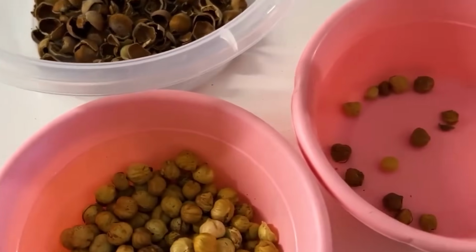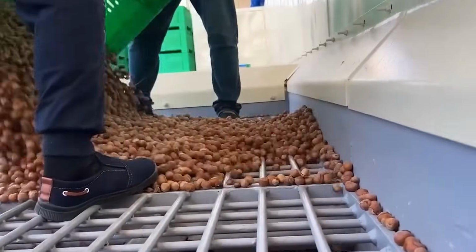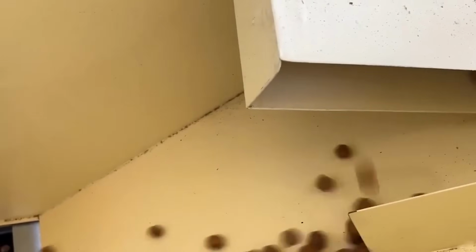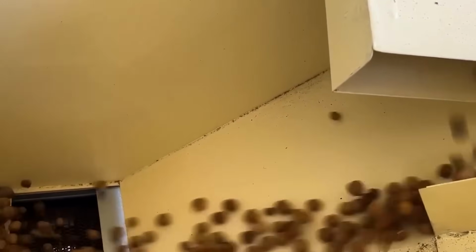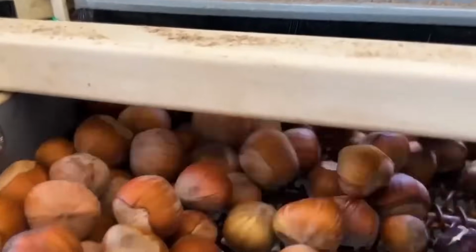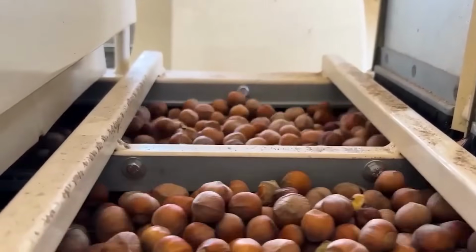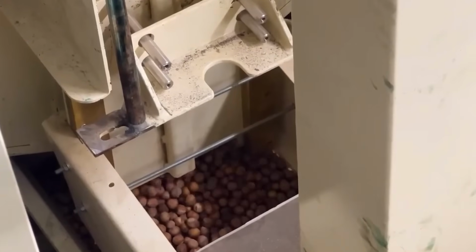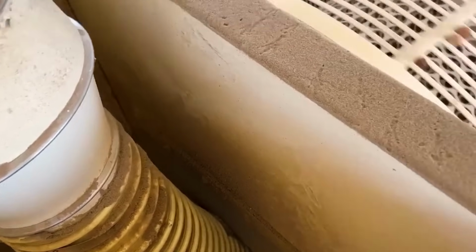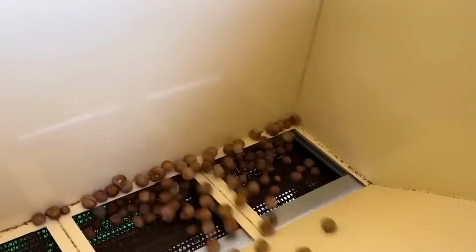Random nuts are dissected and inspected for mold, aflatoxins, or insect damage. Only batches that meet Ferrero's strict tolerances pass through to the next phase. After intake, hazelnuts go through an intensive cleaning and sorting phase. Pneumatic air classifiers remove light foreign material like leaves or twigs, while vibratory sieves and optical sorters remove undersized, broken,